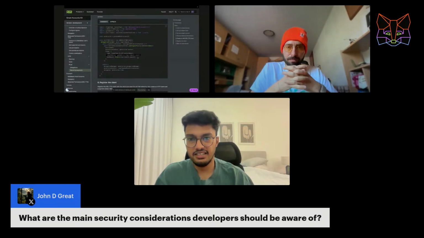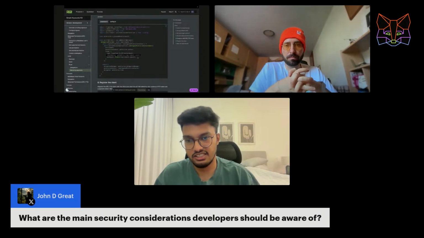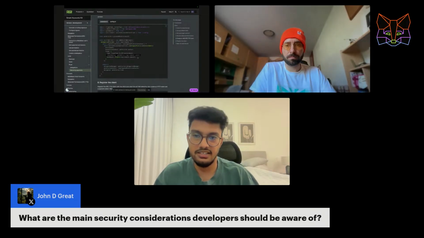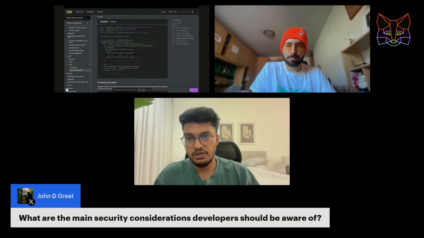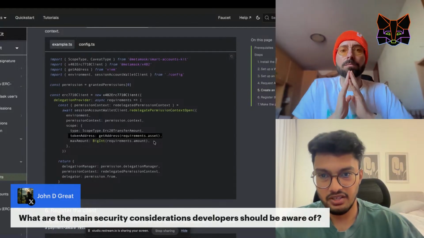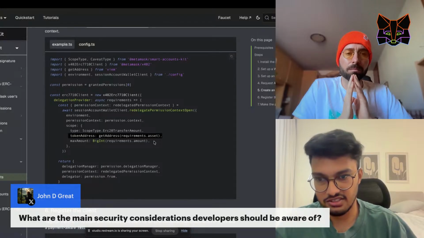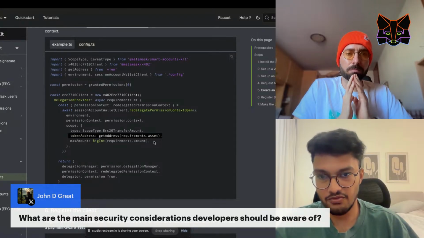Every facilitator has an address that can submit transactions on behalf of servers, and those addresses can be enforced on the open delegation. So if anyone else is using the open permission apart from those facilitators, it won't be redeemable. It will throw an error on chain saying this is not allowed for you to redeem.